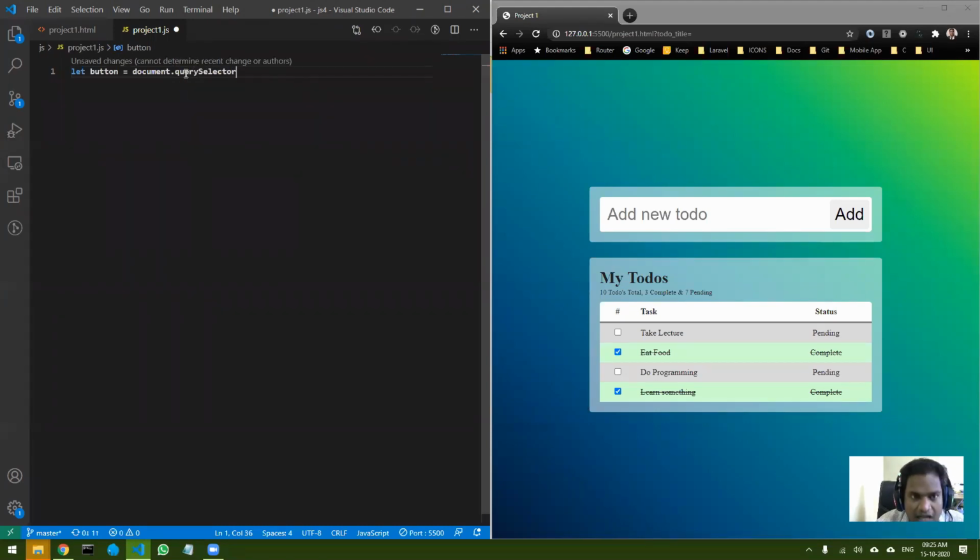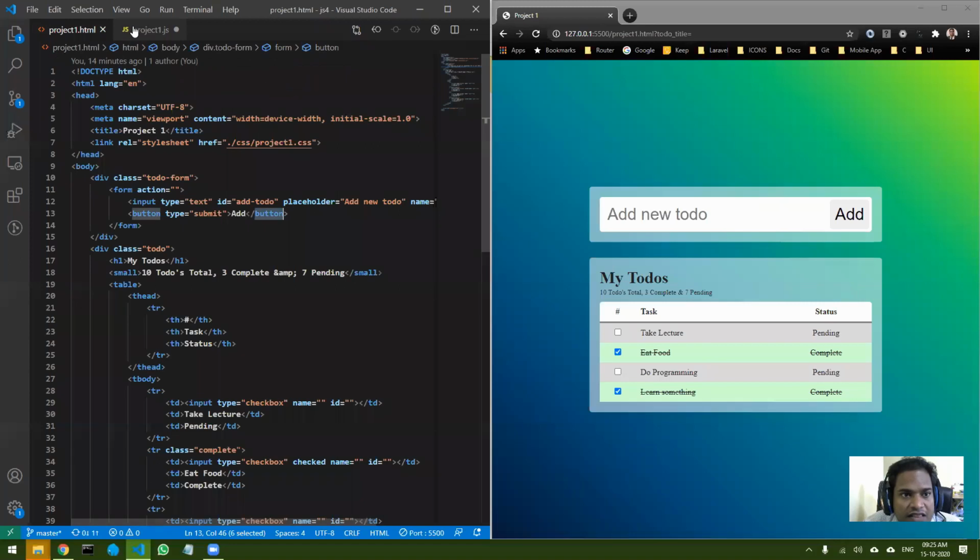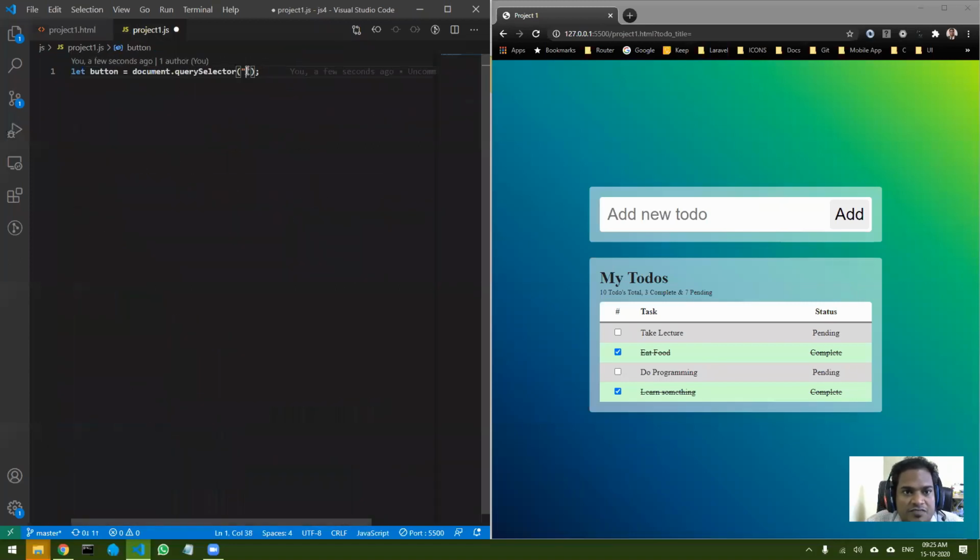Inside querySelector I will just write the tag name, which is button. Because there is only one button, I don't have any problem. But if you had multiple buttons inside your HTML, then you should give an ID. That is very important. But right now in my form there is only one button, so this is going to be unique.